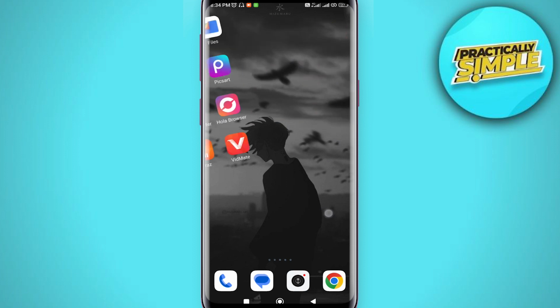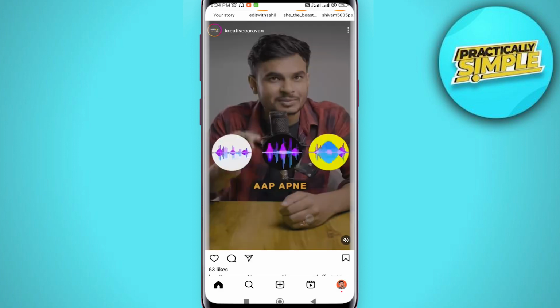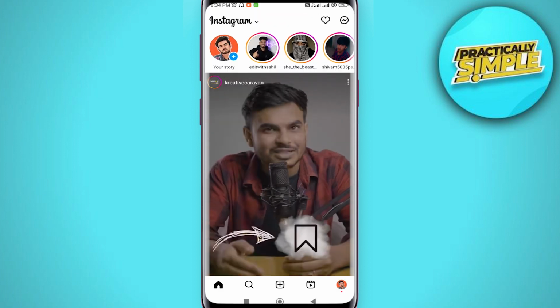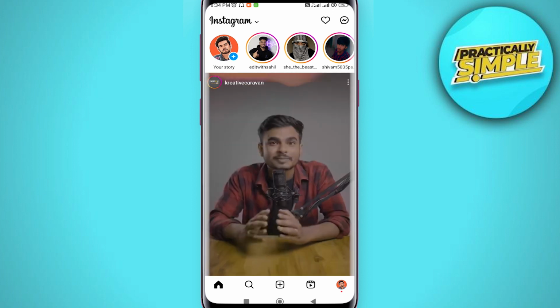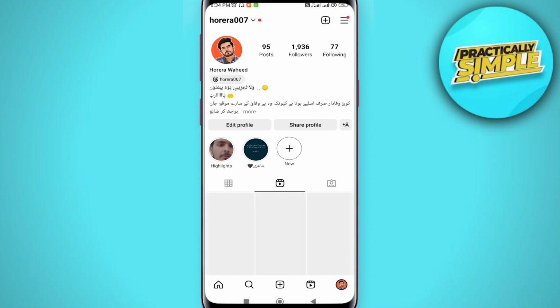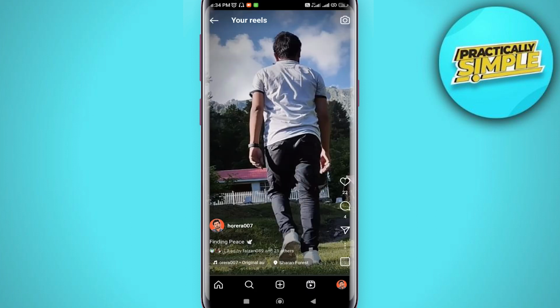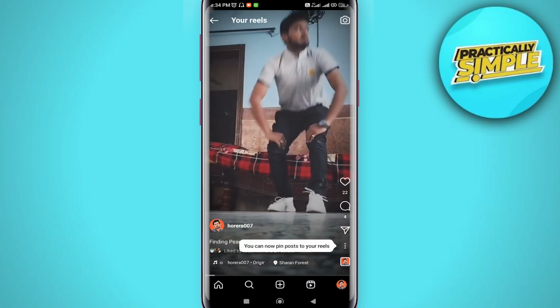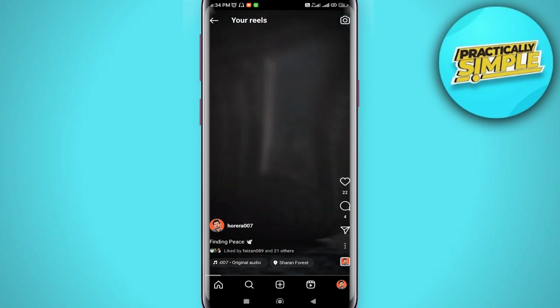So first of all, just open up the Instagram application and then log into your preferred account. Now once you're already here, just tap on your profile icon in the bottom right corner. And now just swipe to the right to go to your Reels section. Let's open it up. And you should see the option to view the number of shares that you have on